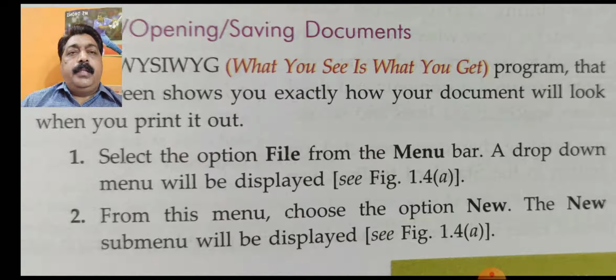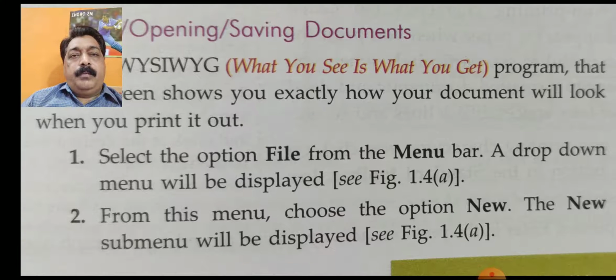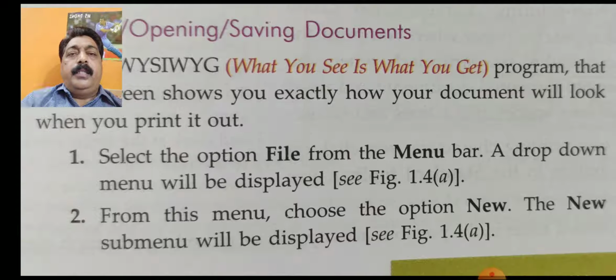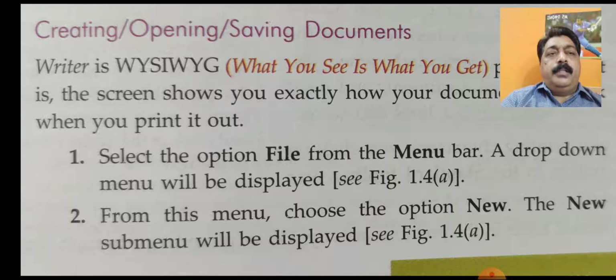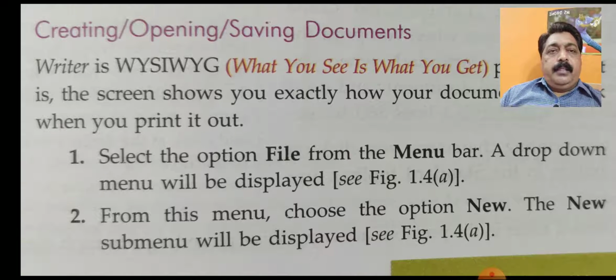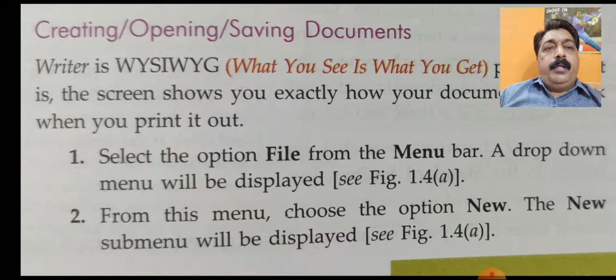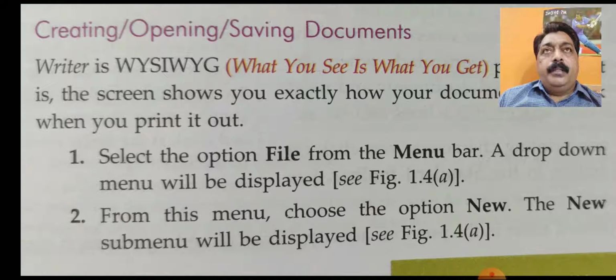Whenever we are working in Open Office Writer, we work in the same way as we work in MS Word. So today we will understand how we can create, open or save documents. In Open Office Writer, the way we see the document, the typed work on the screen, appears exactly in the printout also. So whenever we want to get a better printout, we must type it well on the screen too.